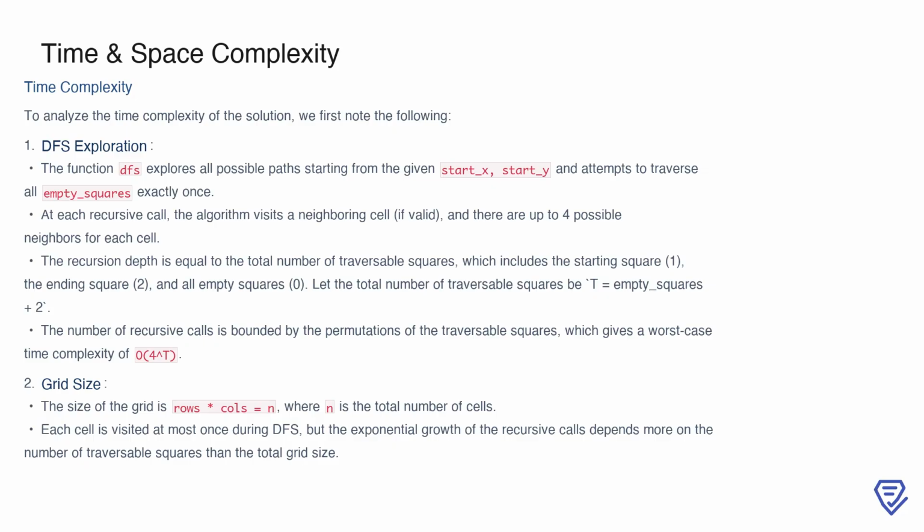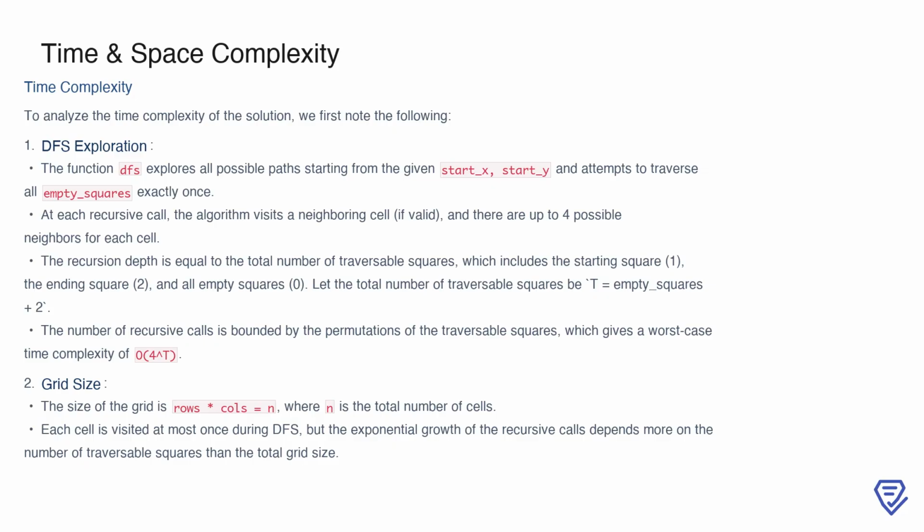If we denote the total number of traversable squares as t, then the number of recursive calls grows exponentially with t. This results in a worst-case time complexity of O(4^t). Additionally, while the total grid size is defined by the number of rows and columns, n equals rows * cols, the key factor driving the exponential growth in recursive calls is the number of traversable squares, rather than the entire